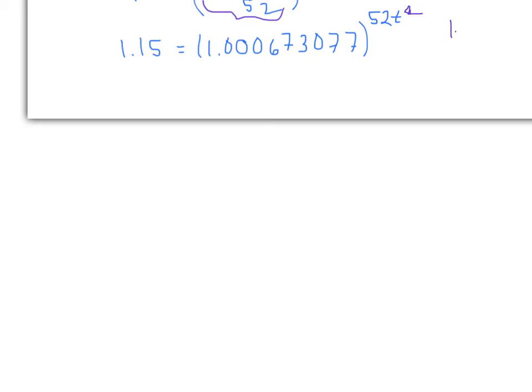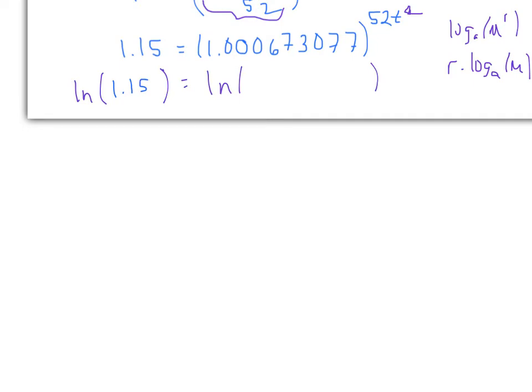There's this rule that says that if you have any log, any base, and there's a number here on an exponent, you can bring that exponent to the front. And so since it works for any log, the log of our choice, most of the time for us, it's always the natural log. So I would actually take the natural log of both sides. And so that means that we have this function, natural log, and inside of it, we put in the stuff that's on both sides of the equation. So 1.15 on the left, and on the right we would put in 1.0673077